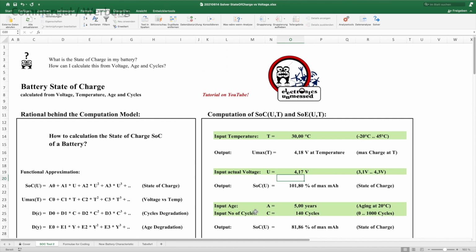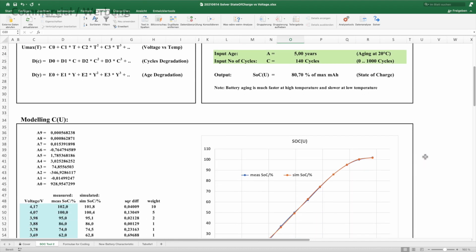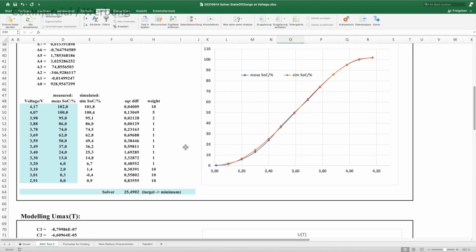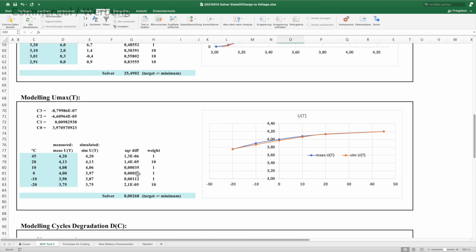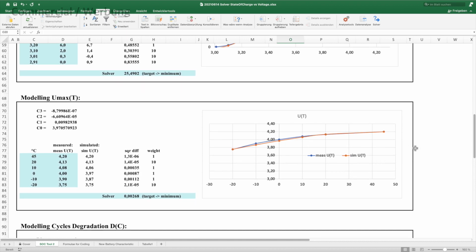And you can check whether you get the right values that correspond to your measurements. Of course, you can do this kind of adaptation also for the other parameters that are in the tool. The method with the solver would be the same.